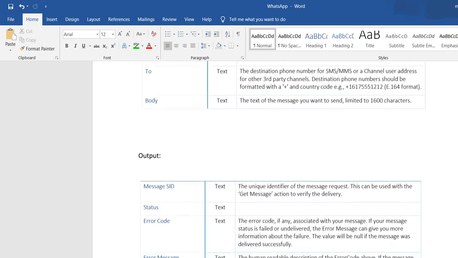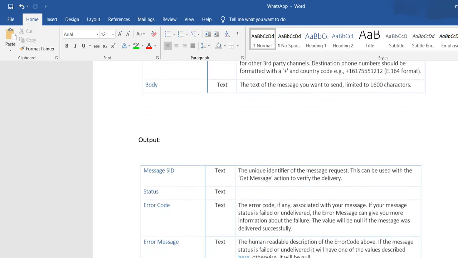So what is the output once you send the request to the Twilio API? You get the output as message SID. You get the status, whether it is success. If it is success, then you will get the error code as 200. If it is failure, you will get error codes like 400, 401, different types of error codes. And the error message shows what the error is if it is not delivered. Through the message SID, you can check whether it is delivered, whether they have received it, or whether they have read it. Everything you have to take care of through the message SID.